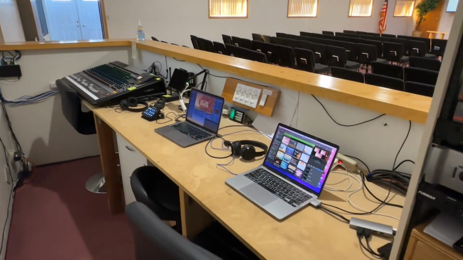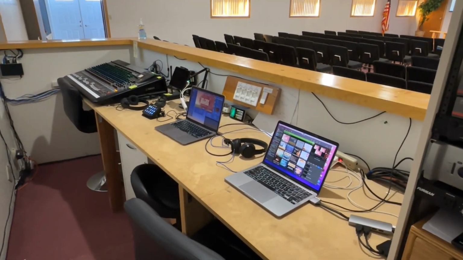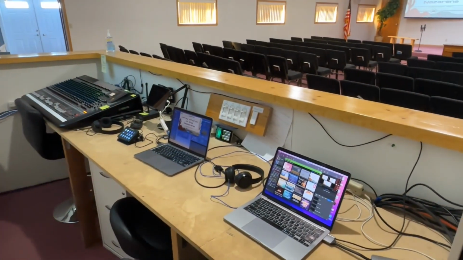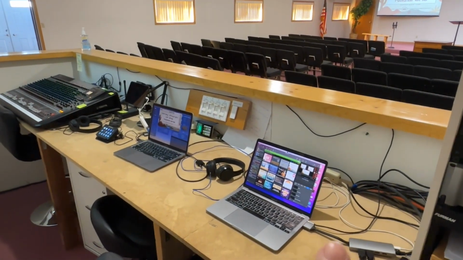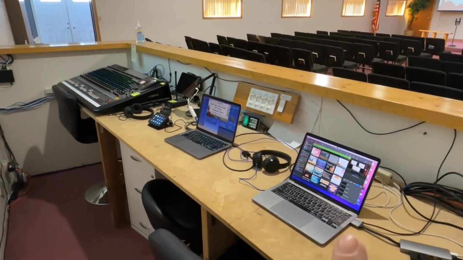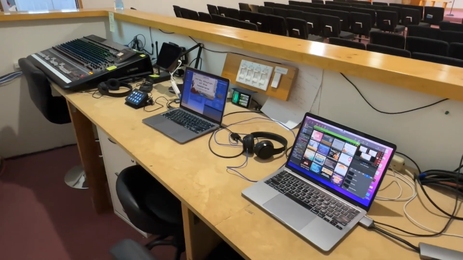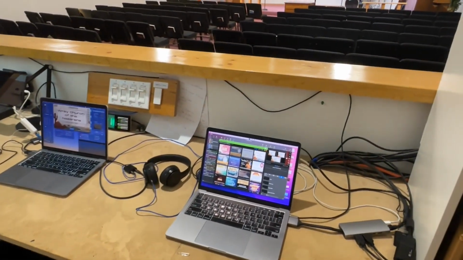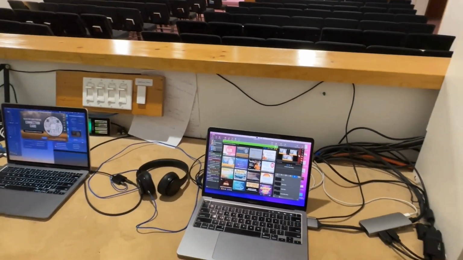All right, so here we are in the sound and media booth. We have this here at the back of our sanctuary. You'll see we've got two laptops and then our soundboard. This first laptop controls our presentation software. We use ProPresenter